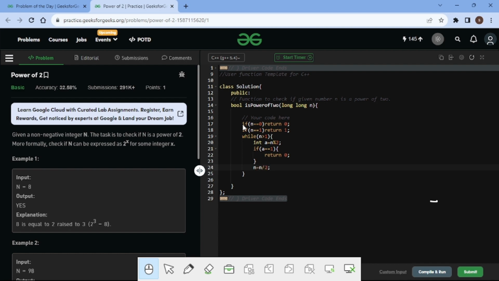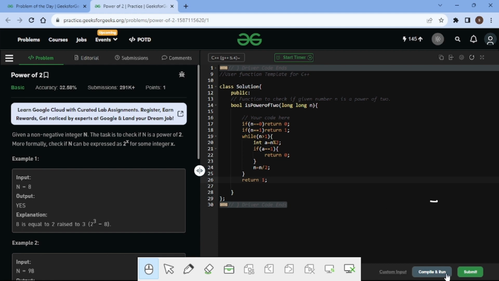In each step we divide n by 2, and after the loop, if no remainder of 1 occurred, we return true, that is 1, meaning we can represent n as 2 to the power of some number.